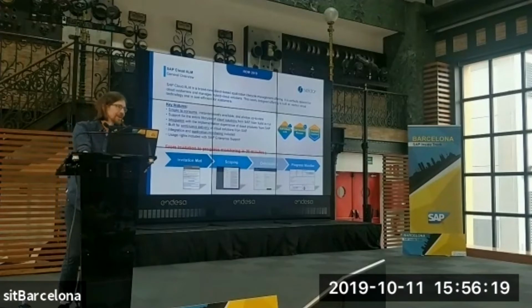So every customer that signs an S/4HANA project for implementation is invited automatically into the S/4HANA Cloud Implementation Portal. It's also known as Solman in the cloud. The customer receives an email with the invitation list and can open a cloud portal.